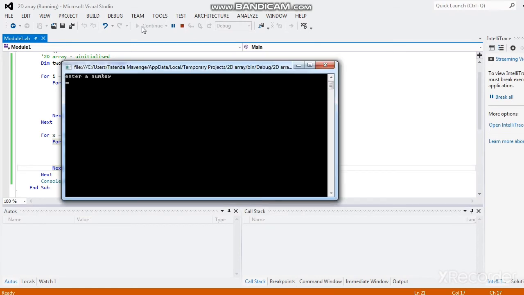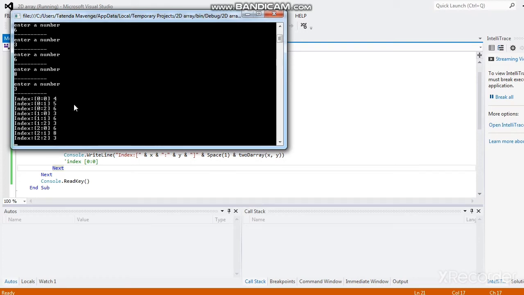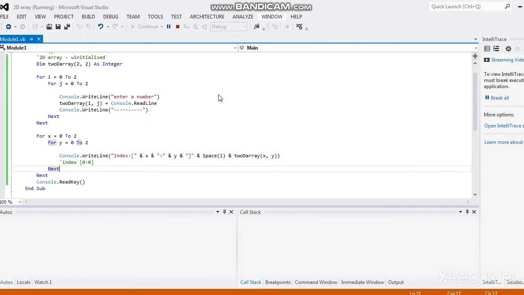Okay, so I'm just going to enter any number. So as you can see, at index 0, 0, we have 4, and incrementing until we reach index 2. So this is how it is. These will be our rows. We have rows 0, 1, and 2. These are 3 rows, and we have columns 0, 1, and 2. These are 3 columns again. So basically, we have done justice to our code, and when you do that, you can just exit and you're done. But then now we need to work on an